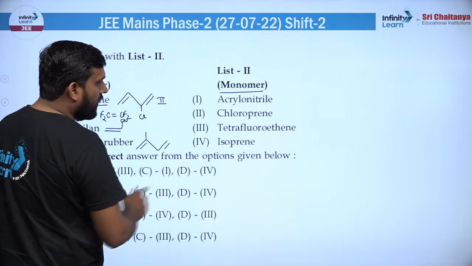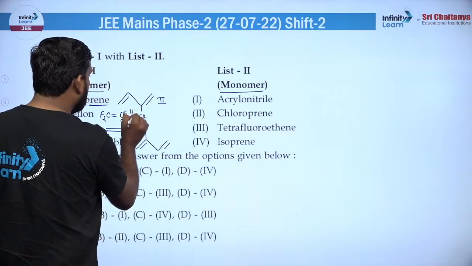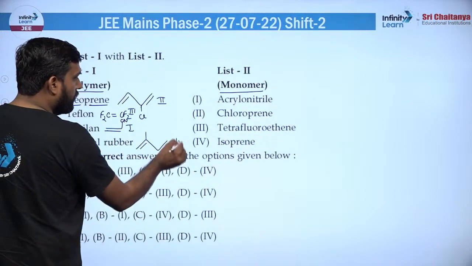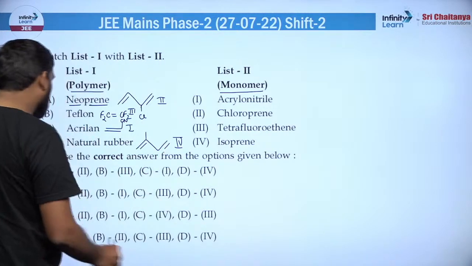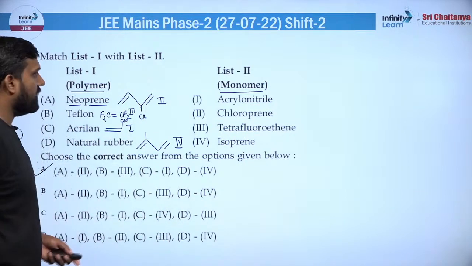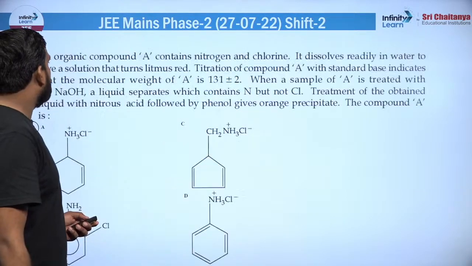और ये CF2 क्या हो गया, टेट्राफ्लोरोइथीन, तो ये आपका थर्ड वाले से मैच कर रहा है, ठीक है। और ये आपका एक्रिलोनाइट्रिल फर्स्ट से मैच कर रहा है और ये आपका फोर्थ से मैच कर रहा है। सो दिस विल बी द करेक्ट मैच द कॉलम, ठीक है। तो देख लेना 2 3 1 4, ये फिर 1 A से मैच कर रहा है, बहुत सारे A से मैच कर जा रहे हैं यार, ठीक है।